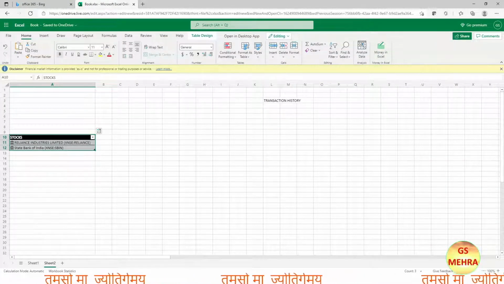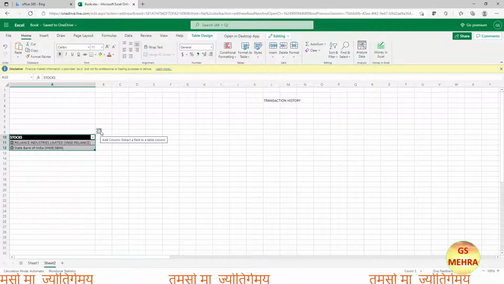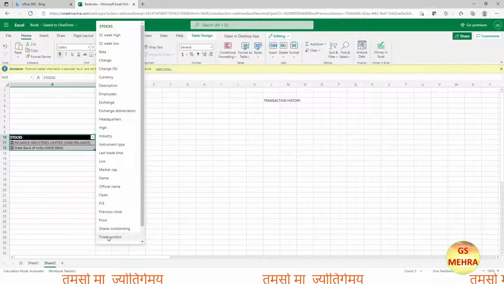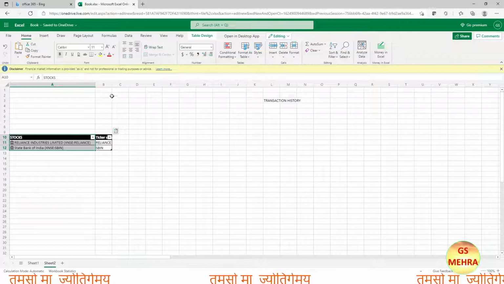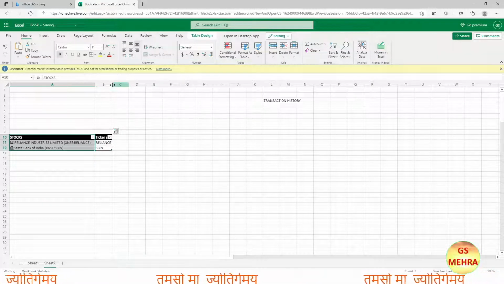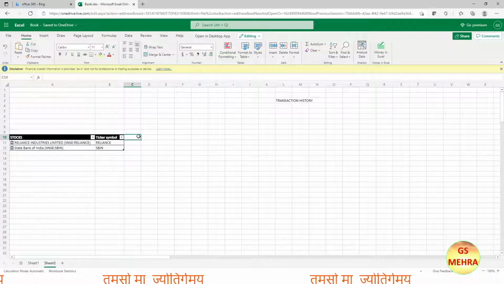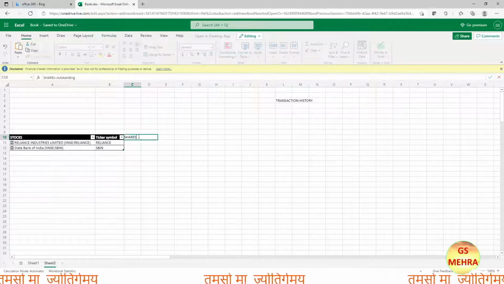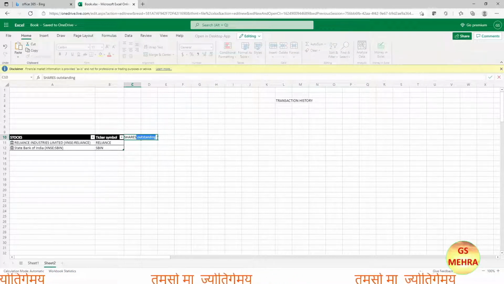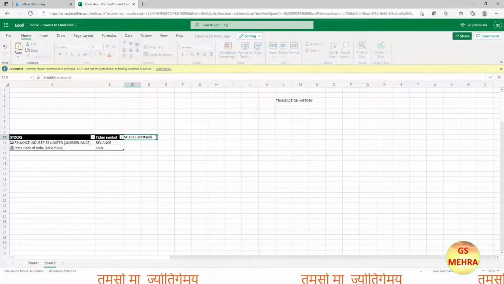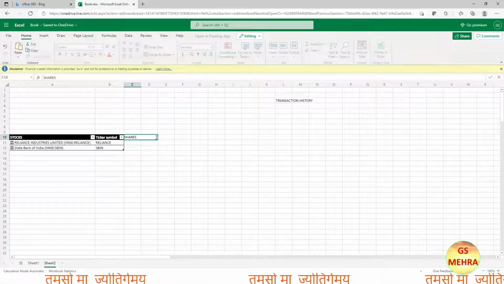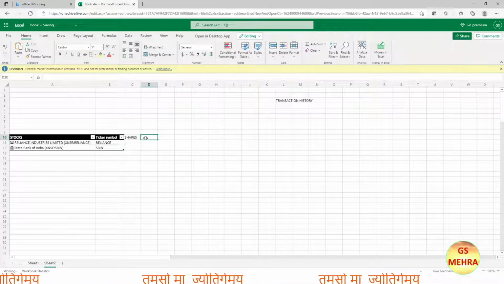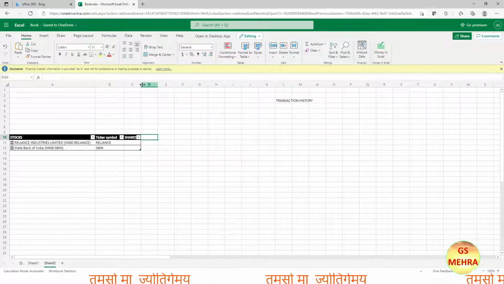Now here this rectangular strip has come again. From here we'll write down the ticker symbol, because that is useful for executing our orders in the stock exchange. So ticker symbol, again increasing the width of the column. Then next, let us write shares. Here this outstanding has come, so we'll delete that because we don't want that, we want only shares. Now we'll double click again between C and D on the thin line, so the width of the column has increased.